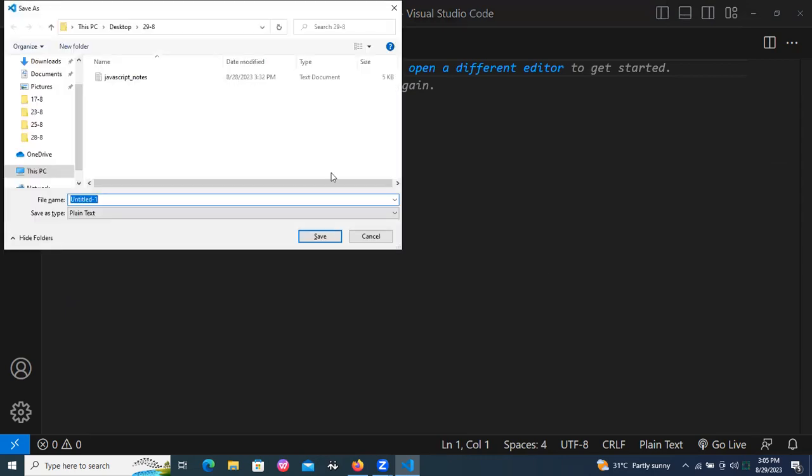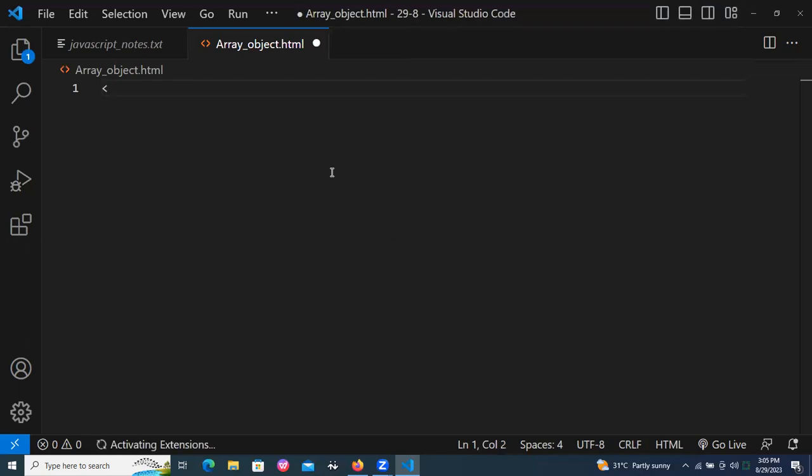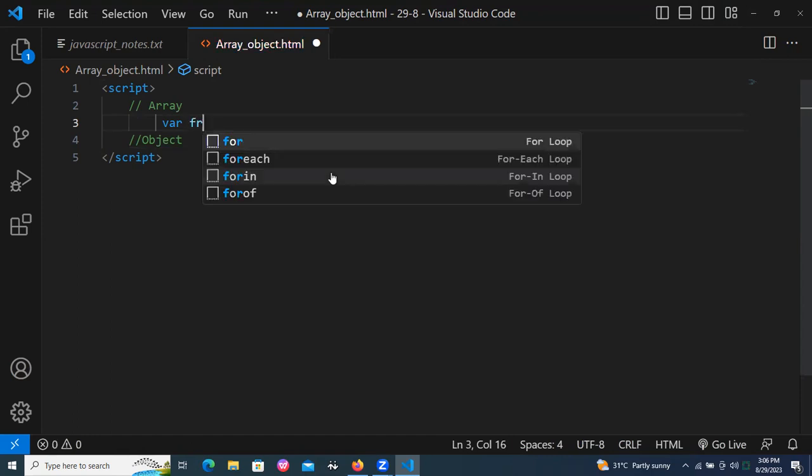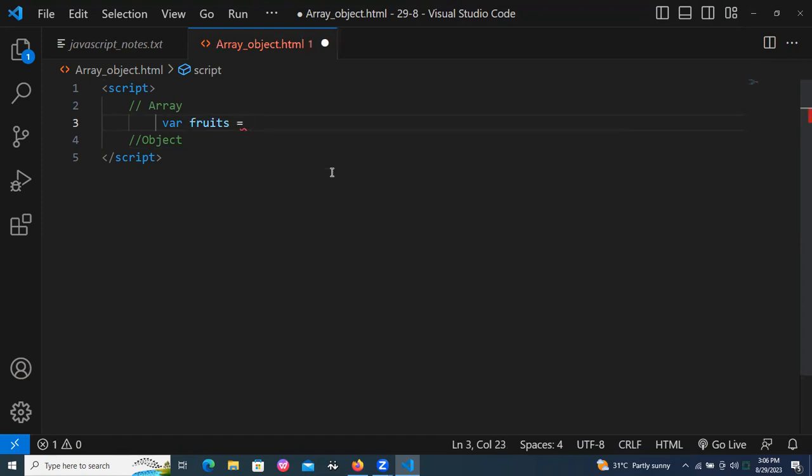So when I go with array and object, let me try to work on it. Let me take a script here. Script open, script close. Let me create an array, and after that we will go with the object also. Coming to the array, suppose for example, I'm creating a list of fruits where fruits is equal to, taking multiple values over there, an apple and mango